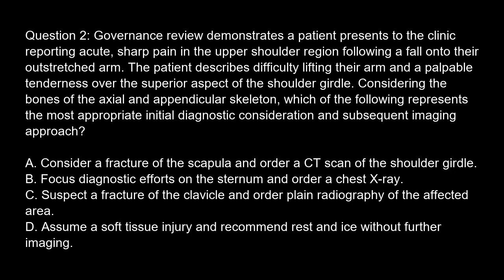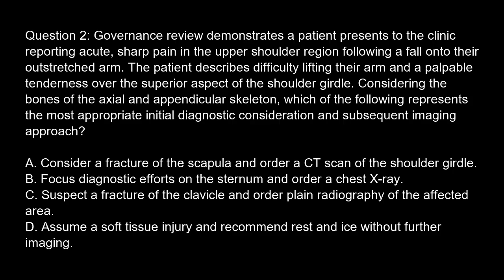therapeutic outcomes. Question 2. Governance review demonstrates a patient presenting to the clinic reporting acute, sharp pain in the upper shoulder region following a fall onto their outstretched arm. The patient describes difficulty lifting their arm and a palpable tenderness over the superior aspect of the shoulder girdle. Considering the bones of the axial and appendicular skeleton, which of the following represents the most appropriate initial diagnostic consideration